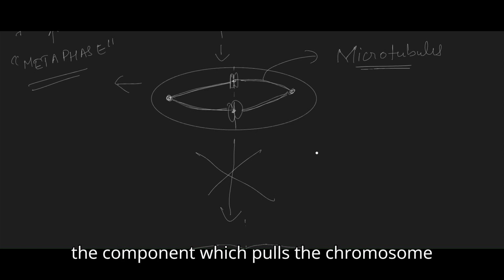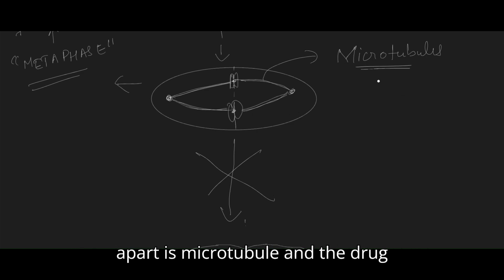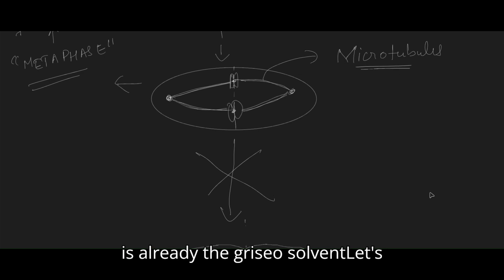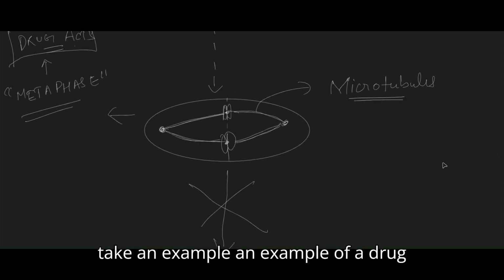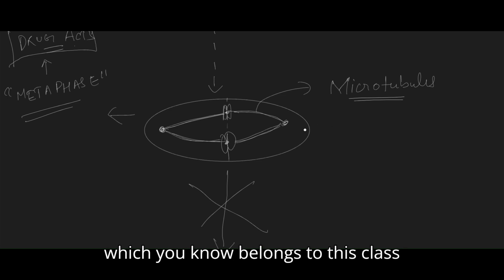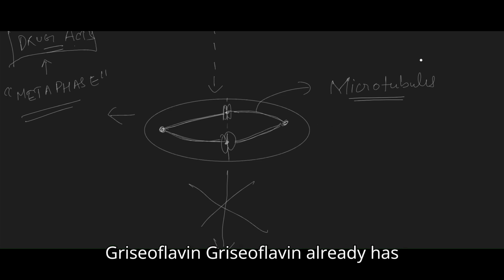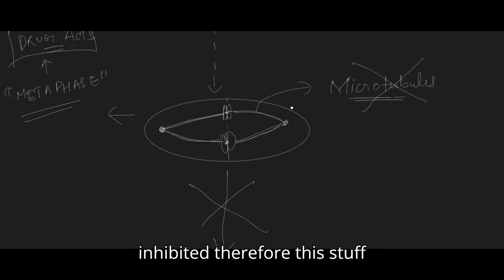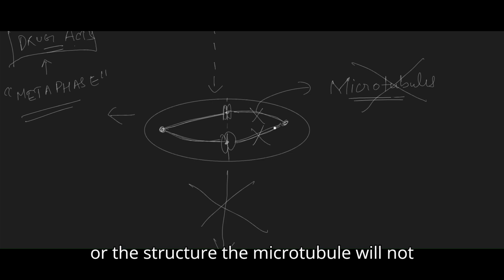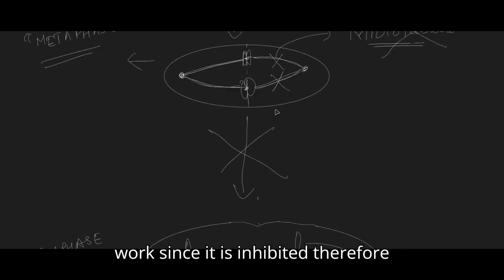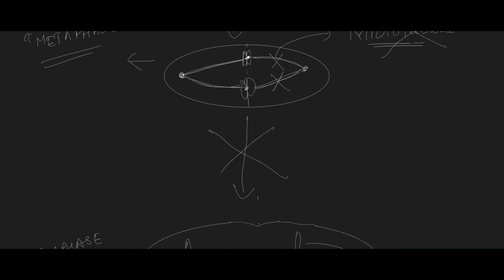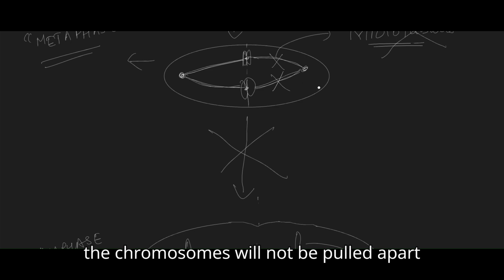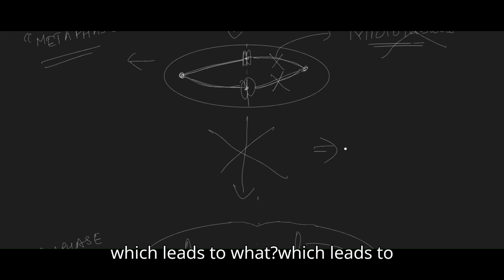Because the component which pulls the chromosomes apart is the microtubule. Let's take an example of a drug which belongs to this class, Griseofulvin. Griseofulvin has already bound to the microtubules and inhibited them. Therefore, the microtubule will not work since it's inhibited. Therefore, the chromosomes will not be pulled apart, which leads to